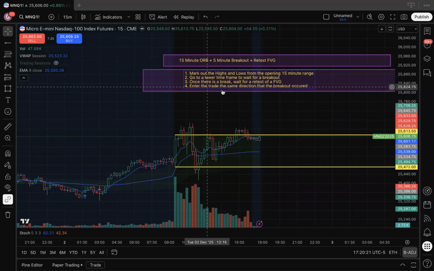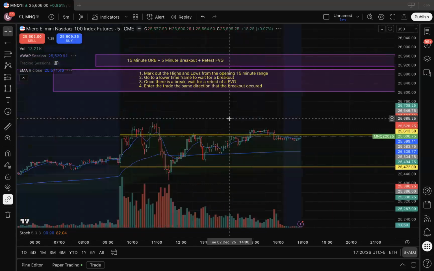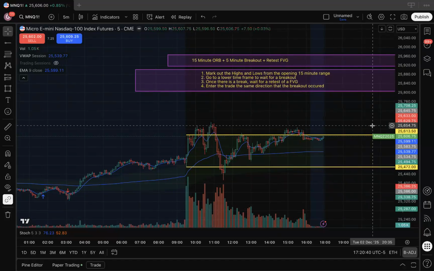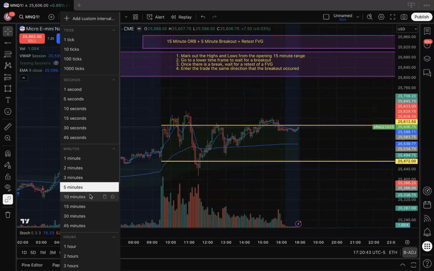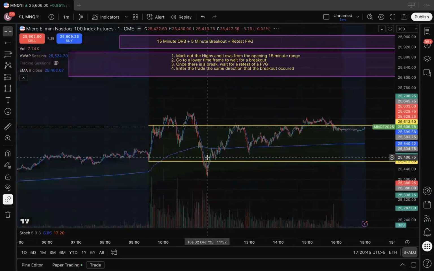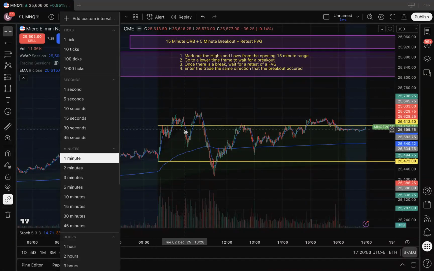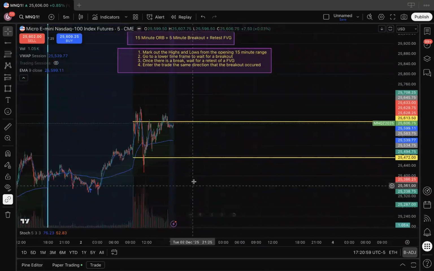Next thing you're going to do is go to a lower time frame to wait for a breakout. So as soon as I mark these out, immediately my chart goes to 5 minutes. Now, you don't have to do it that way. Some people trade this with the 1 minute. Some people trade it with the 3 minute. I trade it personally with the 5 minute because I felt like when I did it with the 1 minute and the 3 minute, I was getting faked out a little bit too much. But again, if you go to the 1 minute on this, you would have had something similar, right? Come down, break, and back up. So you would have won today with the 1 minute as well. Sometimes you just get a little touchy with the 1 minute and you try to enter a little bit too quickly. Personally, that's not for me. So I wait